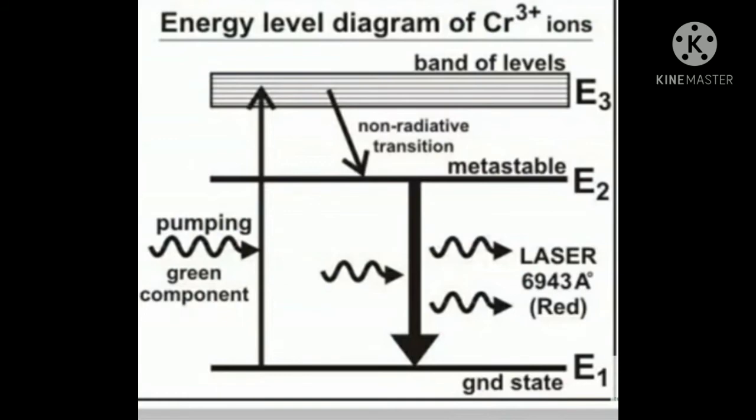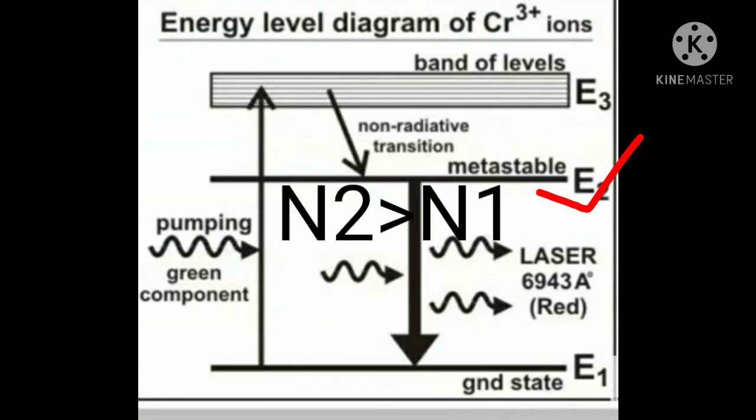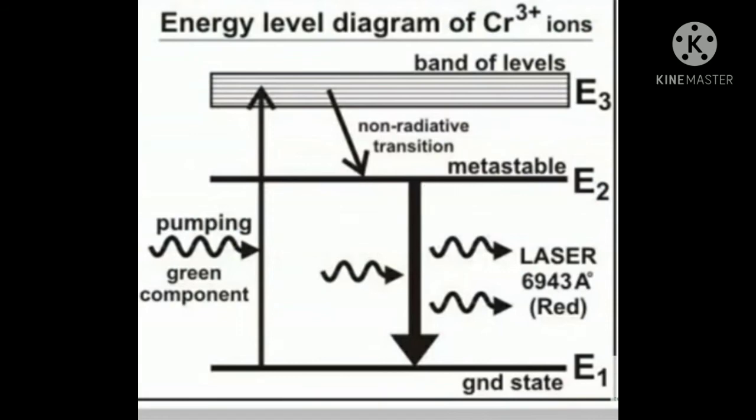So what is the function of a metastable state? These are states in which an atom stays for a longer duration than in a normal excited state. So the number of atoms in the E2 state will become greater than the number of atoms in the E1 state, so N2 will become greater than N1. This is the condition of population inversion. So as soon as population inversion is achieved between levels E1 and E2,